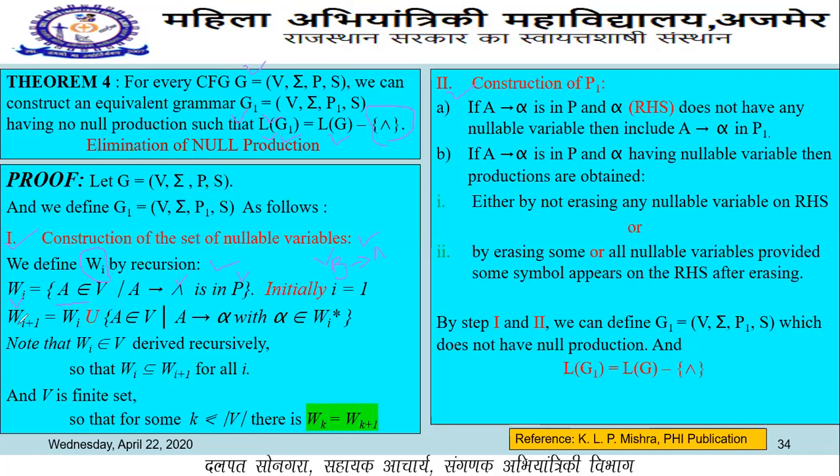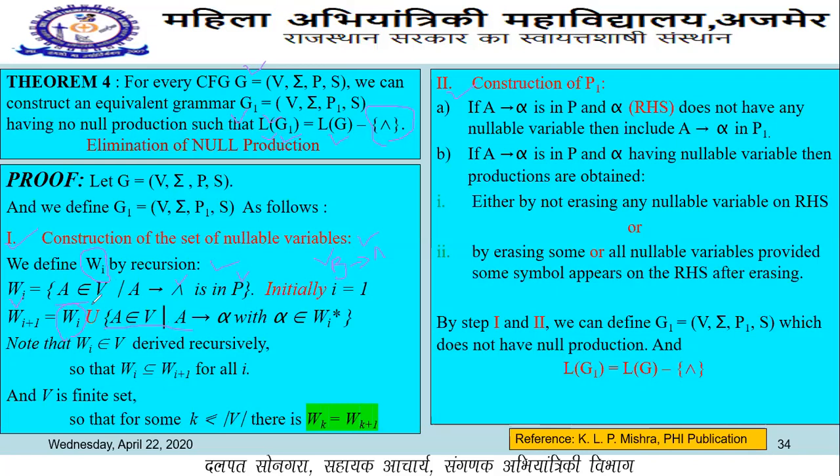After that we construct Wi plus 1, and that is the union of the previously calculated set of nullable variables and the set of newly created variables, and this is created by